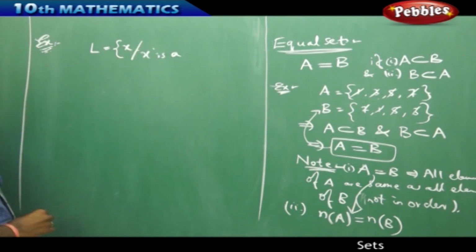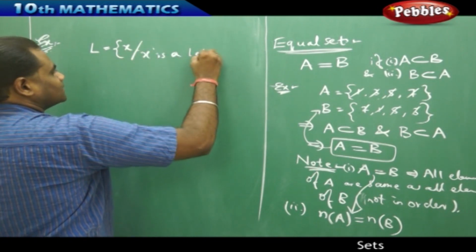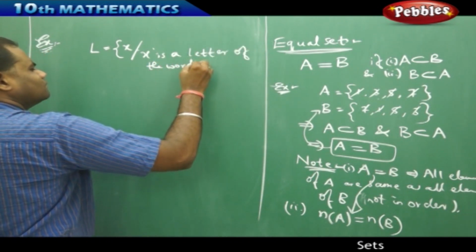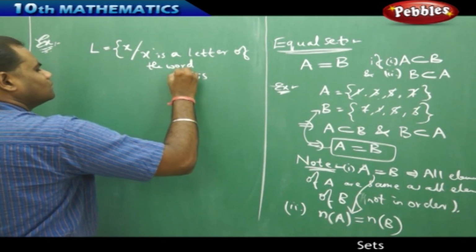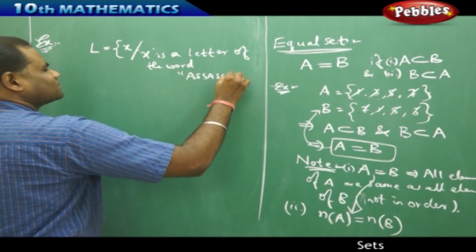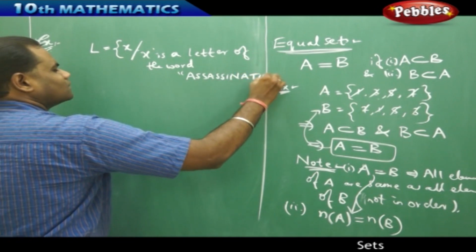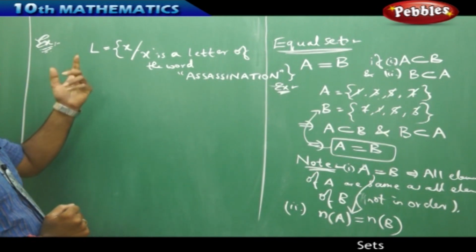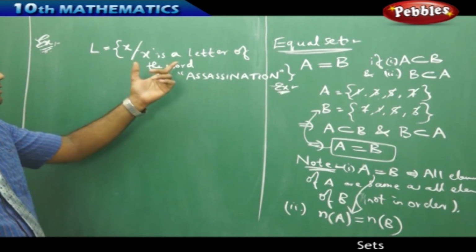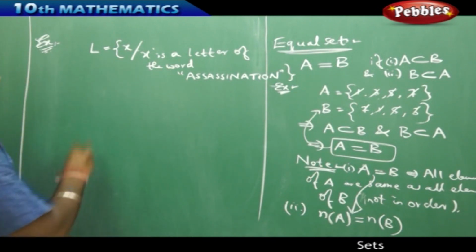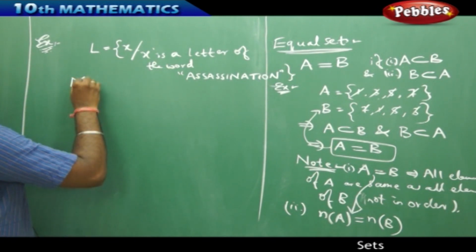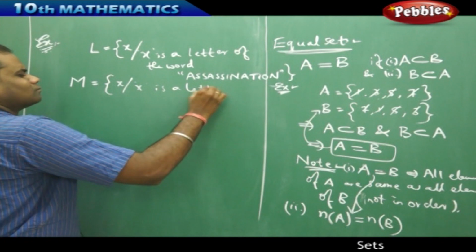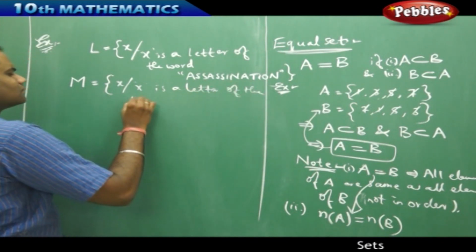So my first set L is considered to be {x such that x is a letter of the word assassination}. So the word considered here is assassination, and my set builder form of the first set is that x such that x is a letter of the word assassination. Now my next set, say I take M, is {x such that x is a letter of the word